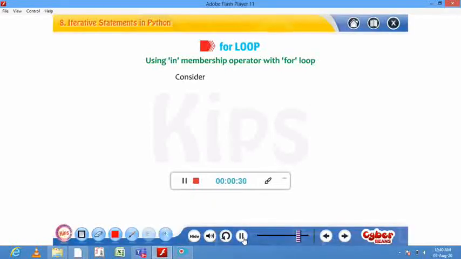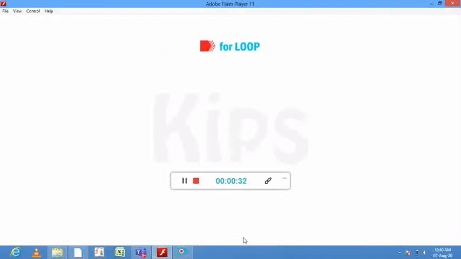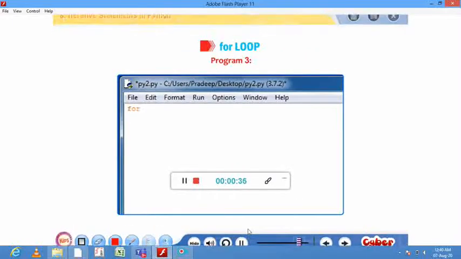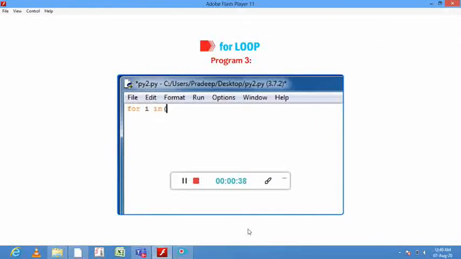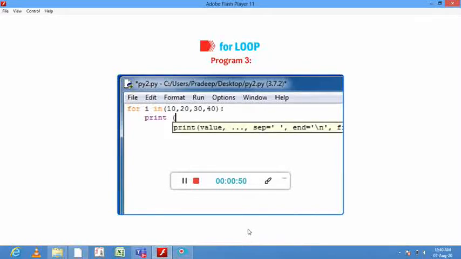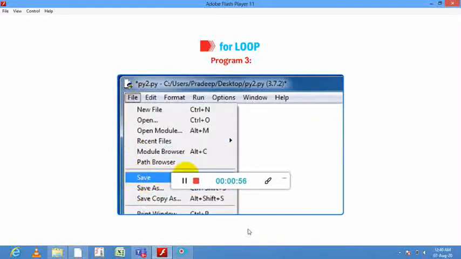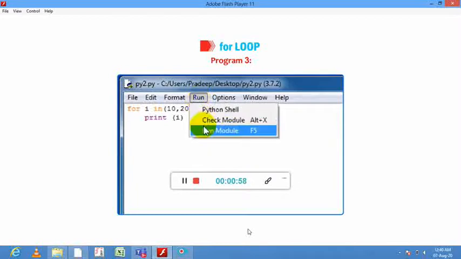Let us see an example. So this is the example.